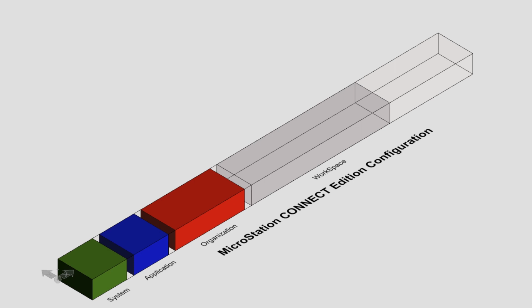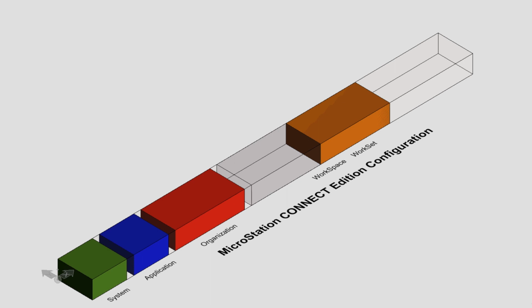Here is where we might load DGN libraries that have been provided by a particular client for use on all of their projects, or what we call worksets. After workspace, we have the workset level. This was known as a project level in MicroStation V8i. Every workset is contained within a workspace. Each workset has one or more configuration files that also specify locations for the various files that comprise the workset